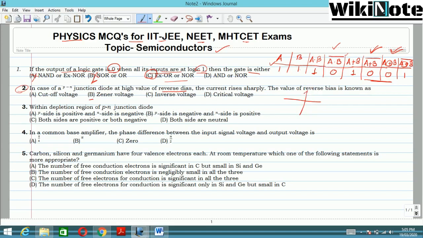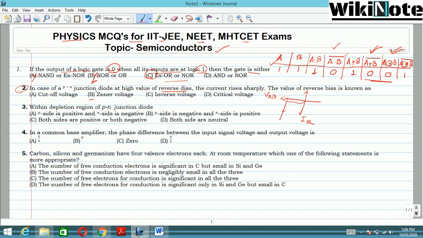So what is important in the reverse bias characteristics? We should have a reverse current and a reverse bias voltage VRB. They are asking about the point where the reverse current value increases sharply. You can see this region. At this point the current rises very sharply, and in a diode two breakdowns occur